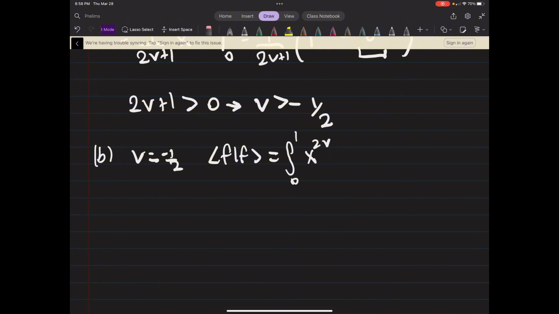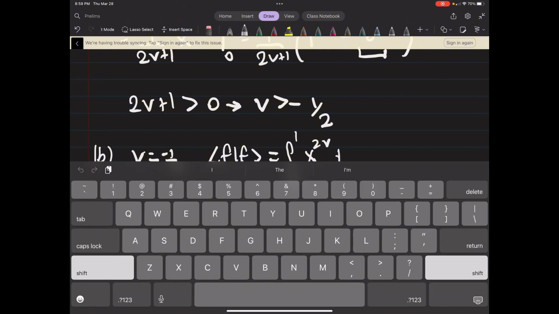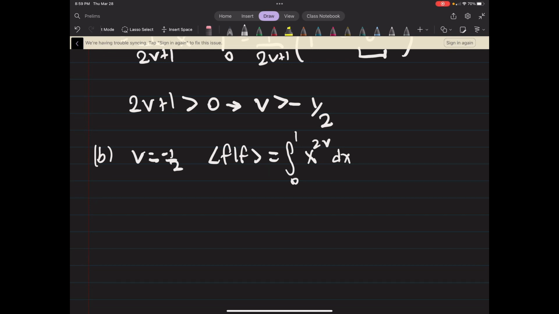If we plug that in for our v here, then this is the integral from 0 to 1 of x to the minus 1 dx,